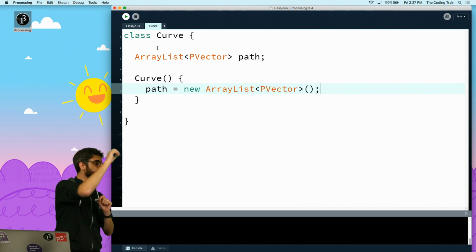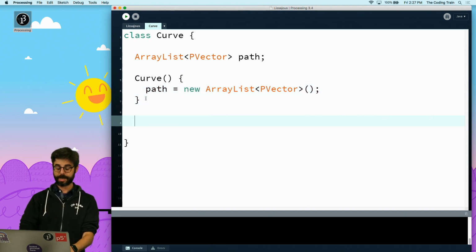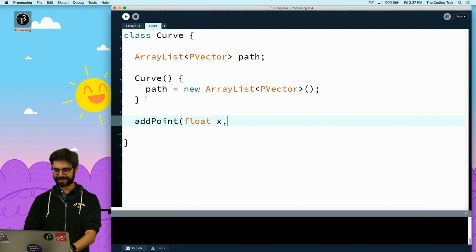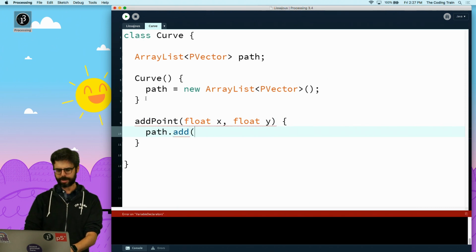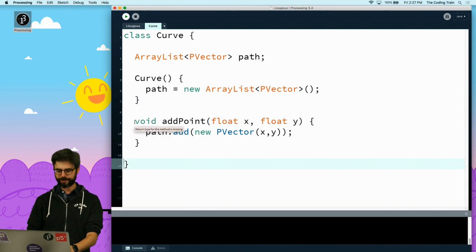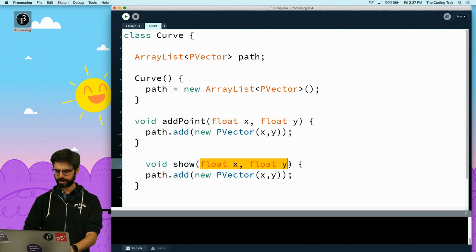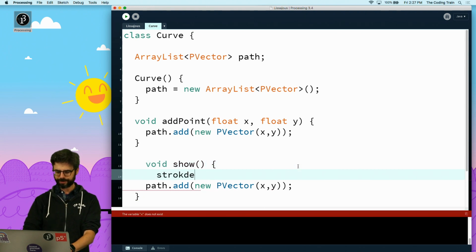So I'm going to just put points in this path. Point in the path, point in the path, point in the path, right? So I could write a function called addPoint. It gets an x and a y. And then I maybe do something like path.add new PVector with that x and y. And this would be void. And then I'm going to also write a function to draw it, show, and I can say stroke 255.